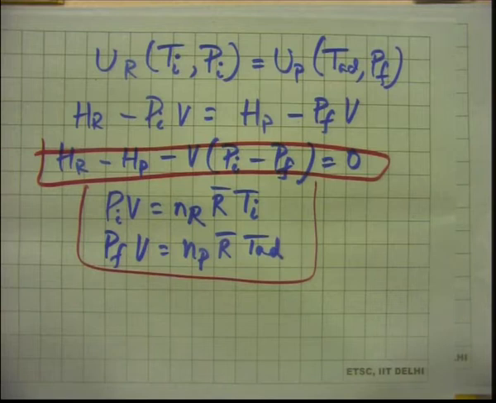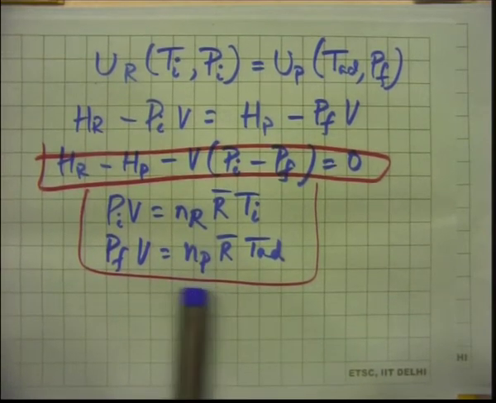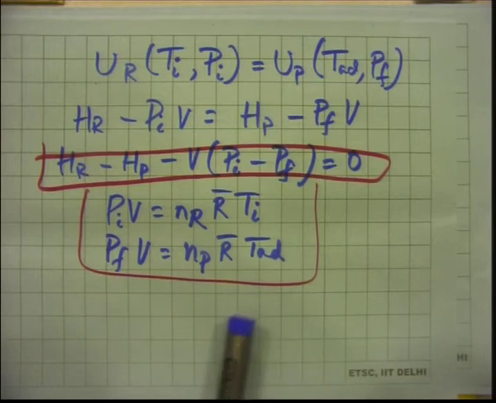So if you have methane and air, for example, at 1 atmosphere and 25 degrees Celsius, these being the reactants, you can use HR equal to HP, assume constant pressure, right, and get the constant pressure adiabatic flame temperature. But in this case, if you have constant volume adiabatic flame temperature, then you have to use these equations here, and again do this guessing and then iterating, to get the adiabatic flame temperature. Okay. So this has HR, this has HP.